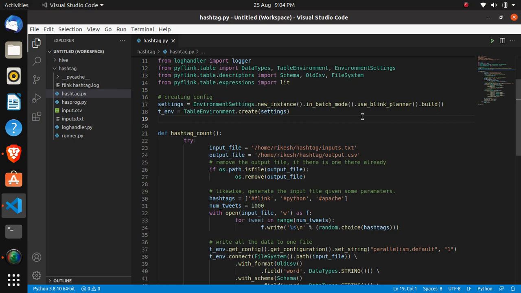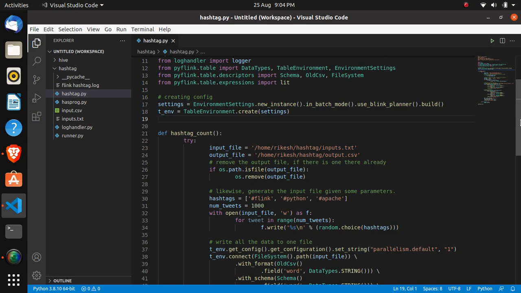Previously we have seen sockets. We have seen word count using a socket. We created a server by locking localhost 9000, and then we passed our words from there, and in another terminal we were getting a live word count of that data. So today we are going to see a hashtag count program.